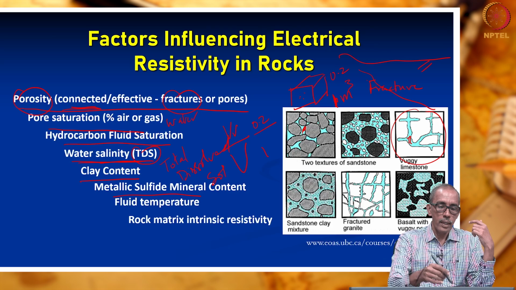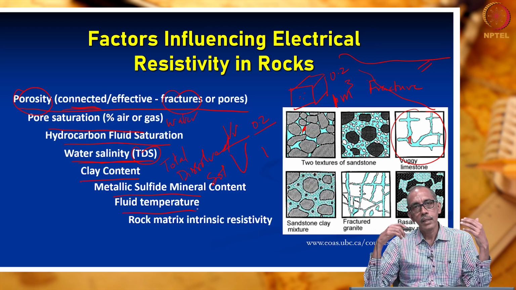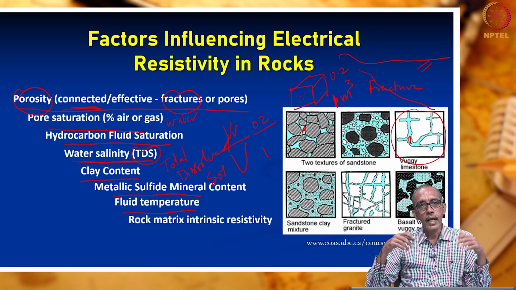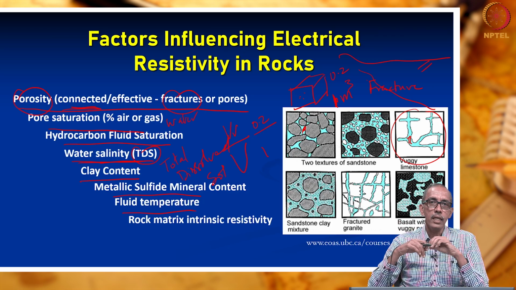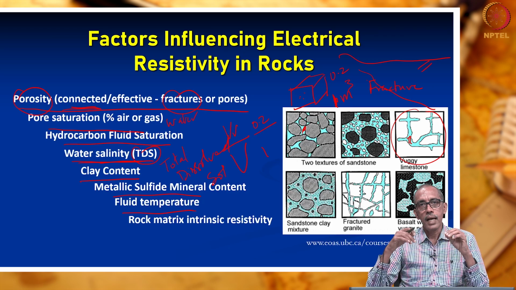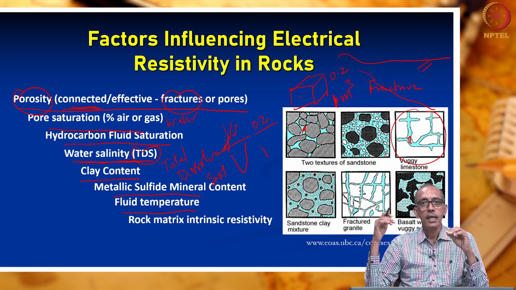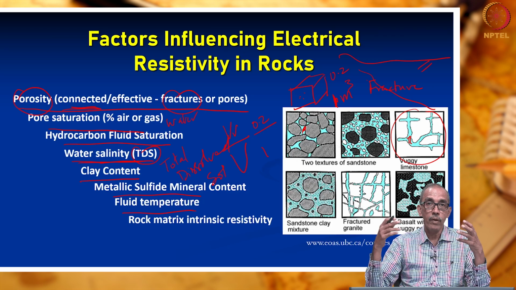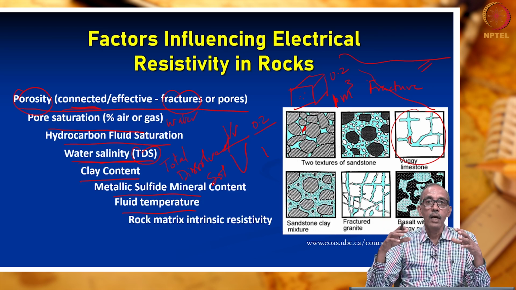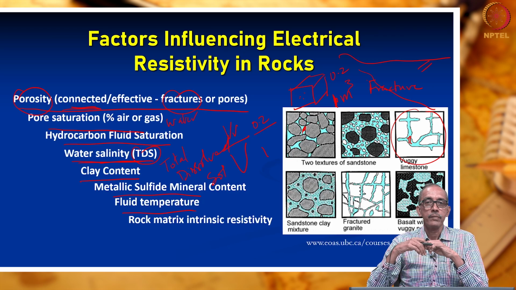And I hope you can recollect the example we had seen in the previous lecture on rising magma, right? So, the temperature also controls the resistivity. As the temperature increases, resistivity of that formation will drop. That is why we were able to detect whether rocks are melting, right? I showed you an example, right?